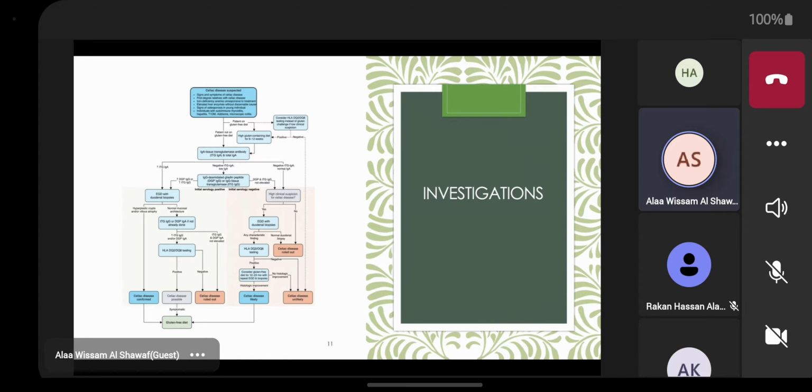We also have another test called the gluten challenge test. It is for those who are on a gluten-free diet. We let them ingest gluten, about 3 to 10 grams per day, for 6 to 8 weeks. That is followed by checking for antibodies against the gluten or a small bowel biopsy. We also have nutrient deficiency screening, which is a confirmatory test.